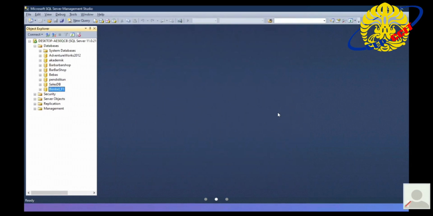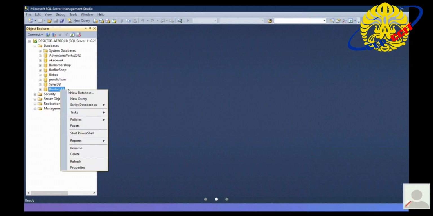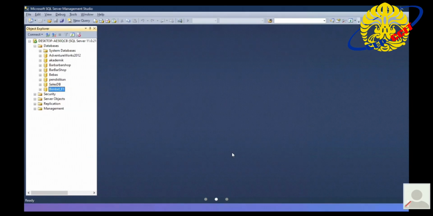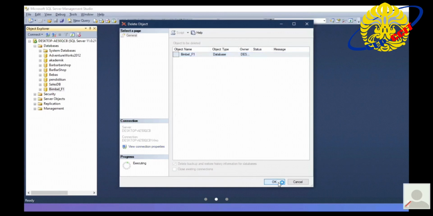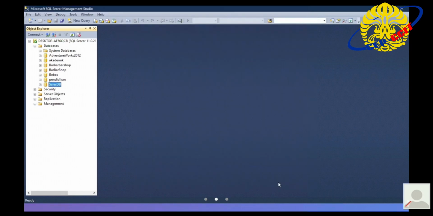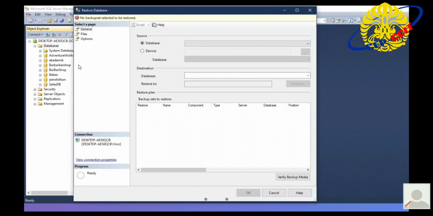Now we restore a database. Before you restore the database, delete the existing database from your PC. Now right click on the database and choose restore database. The source is device.